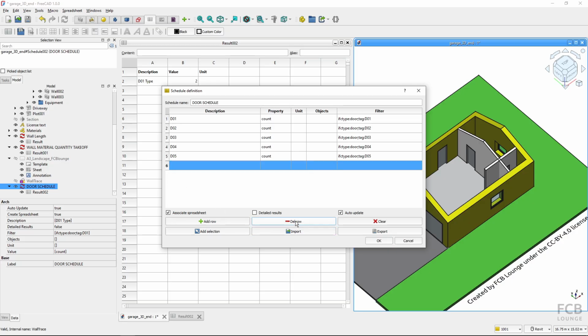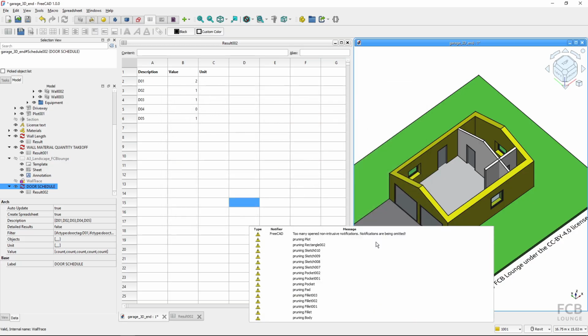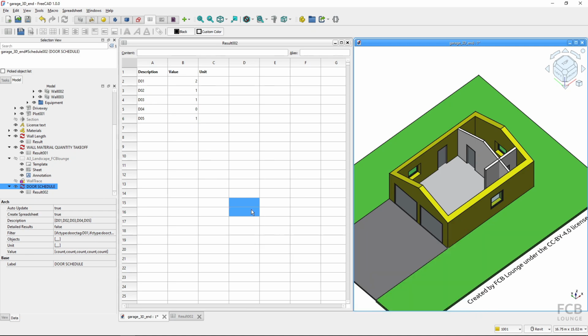I will delete this row, hit OK, and you can see that these are the door types and the door counts. And you could place these door counts on a page as I have shown you previously, or you can watch the tutorial where I'm talking about how to work with the spreadsheet and how to place it on a